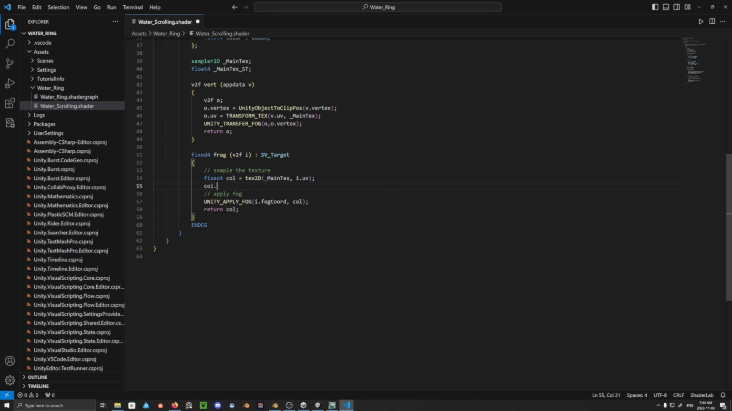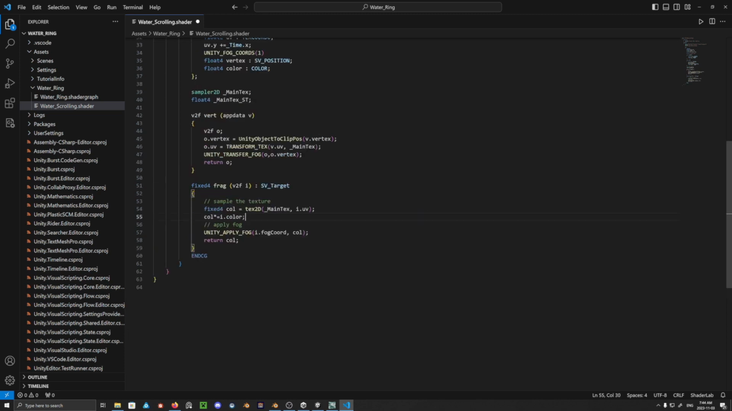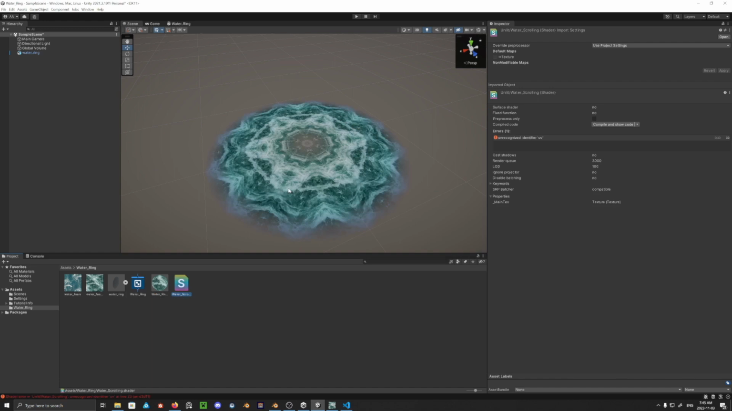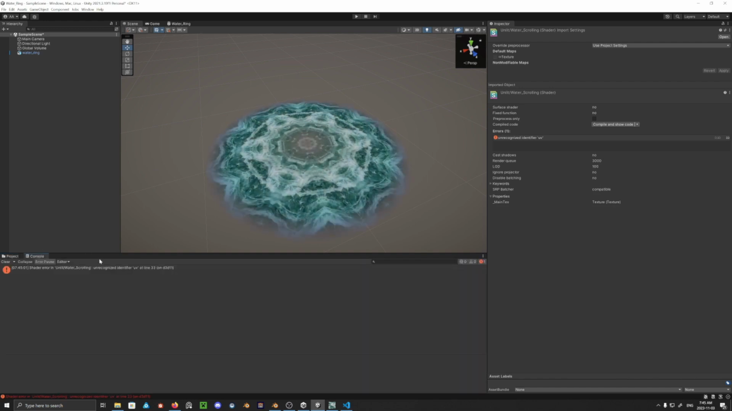We'll go color.rgb, color dot, what do we want to do? Okay, color times equals i dot color, which is the input dot color, and that will do all the colors and the alpha channel at the same time. We also have to fill it inside of our vertex program. So that's just passing it from the struct and through. We don't do anything with it. We just pass it right through. And there you'll see if I change it,